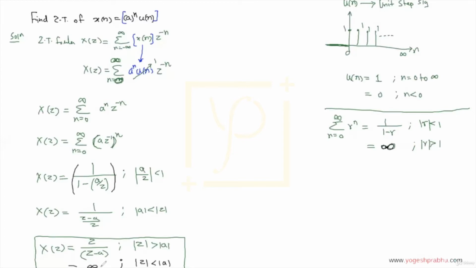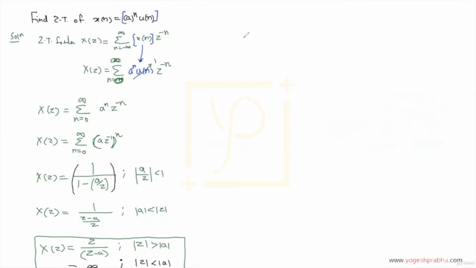Now to understand these things better, we will again draw this whole thing on the z plane, but let me clear this right hand side space. So here what we have got is that a raised to n u of n is a signal, and if we take a z transform, we will get the answer as z upon z minus a. Or some books will convert that into negative powers of z, and they will write it as 1 upon 1 minus a z inverse. And this is achieved by just multiplying and dividing by z inverse. I hope you see that. So your book might have 1 upon 1 minus a z inverse as the answer. It's essentially the same thing.